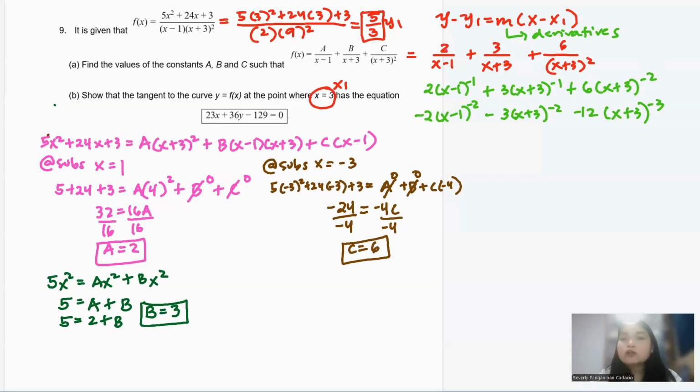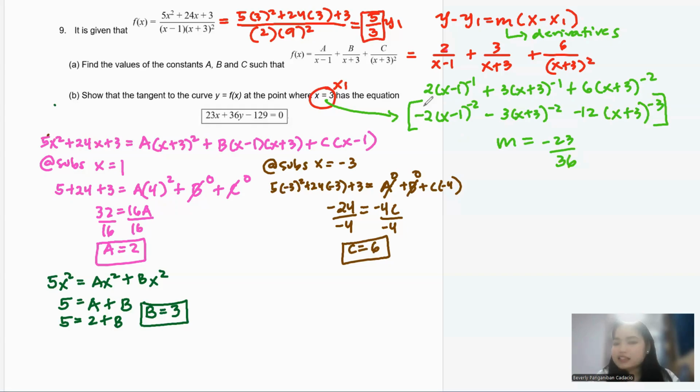No need. You can just put that directly in calculator and you're going to substitute your x is equal to 3, in all, I mean, the whole thing in your calculator. For example, 2, then it becomes 3 minus 1 is negative 2. Be careful, yeah, for a lot of minus and negative exponent there. When you put that in calculator, your gradient will be a little bit, I mean, not really nice, but it's a fraction and negative. Negative 23 over 36.